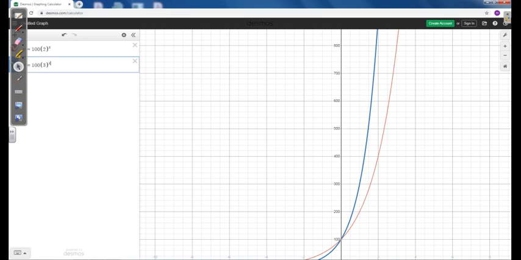is steeper, right? Now the second part they're asking is what happens if the initial value for the first colony A is 200? What happens if instead of having an initial value of 100, I have 200? So I'm going to change this to 200. Where do they intersect? So we see that at the beginning,